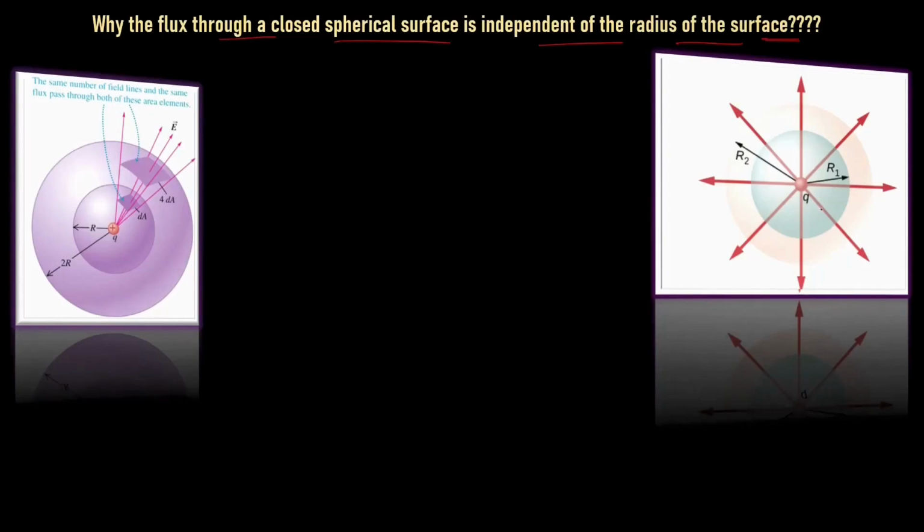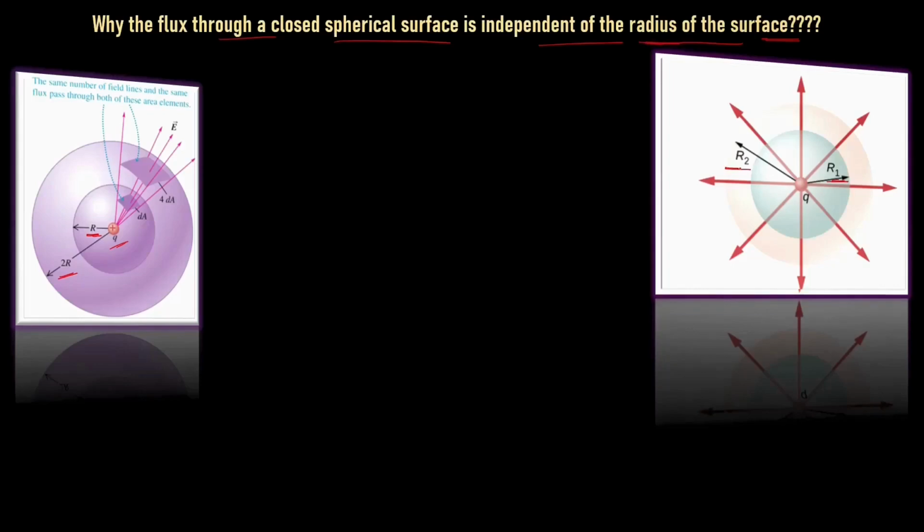Let us depict one situation. If we have a plus q charge present in space and it is enclosed by different surfaces. First is a spherical surface of radius r1. Next we have another spherical surface of radius r2. Or let us suppose the same charge q is enclosed by a sphere of radius r, and the same charge is enclosed by another sphere of radius 2r. So let us see what the flux crossing these surfaces will depend on. The flux crossing these surfaces will be independent of the radius.